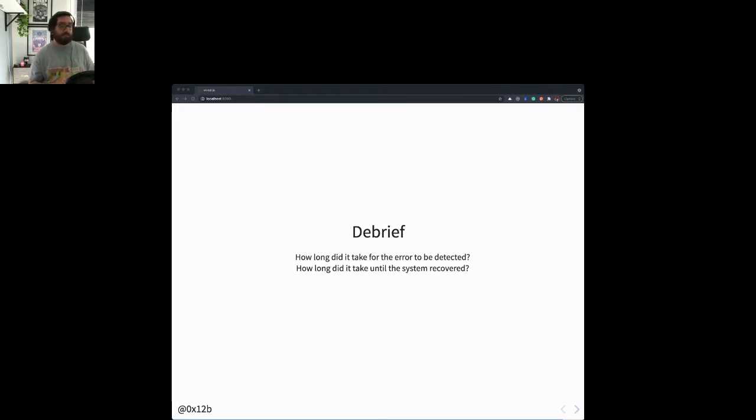an experiment that is suitable for also measuring when the system recovered. Because if it takes, for instance, 5 minutes for a web server to recover after injecting some kind of failure and the failure has been detected, that's likely not good enough. I mean, we want to know that our system recovers faster than that.